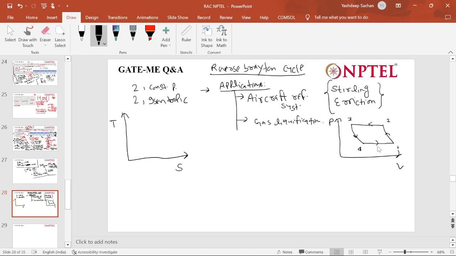What is this process? Heat absorption, Q absorption. And what is this process? Constant pressure heat rejection. And here W input, and here some work you will be getting. And when you make the TS diagram, it will become simply